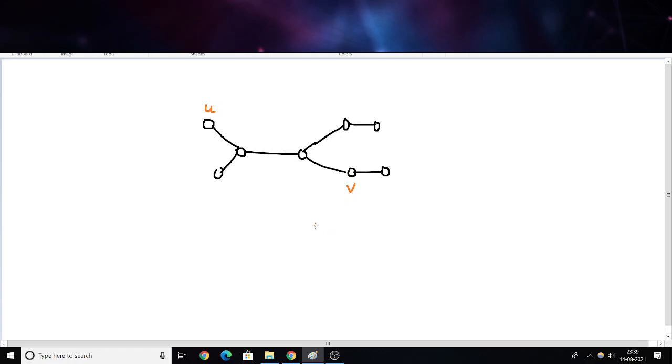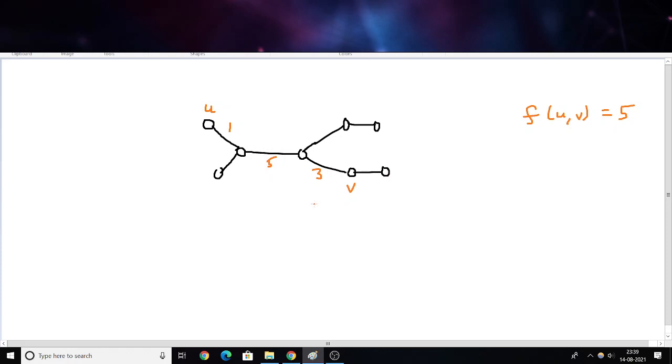First of all, there is always a unique path in a tree. So there is nothing like a shortest path. If you have been given two nodes, then there is always a unique path. So in this case, for example, let's say this is 1, this is 5, this is 3. Then f(u, v) will be 5 because that is the maximum weight edge in this path from u to v.